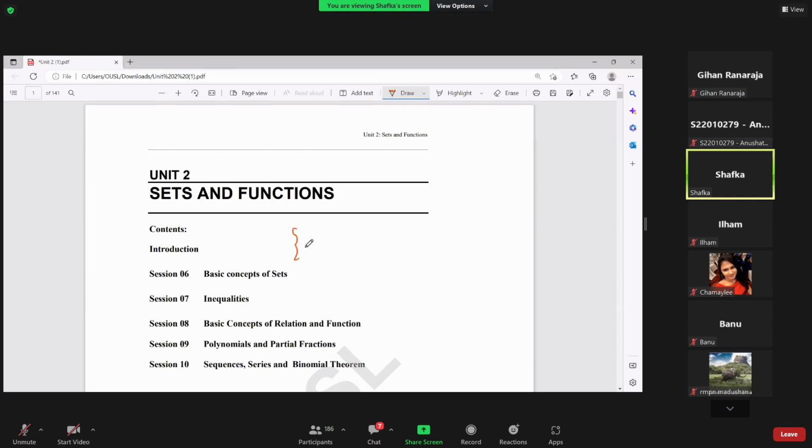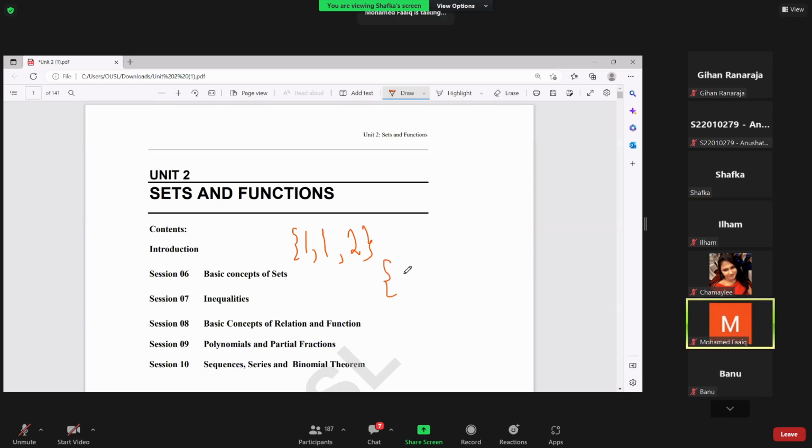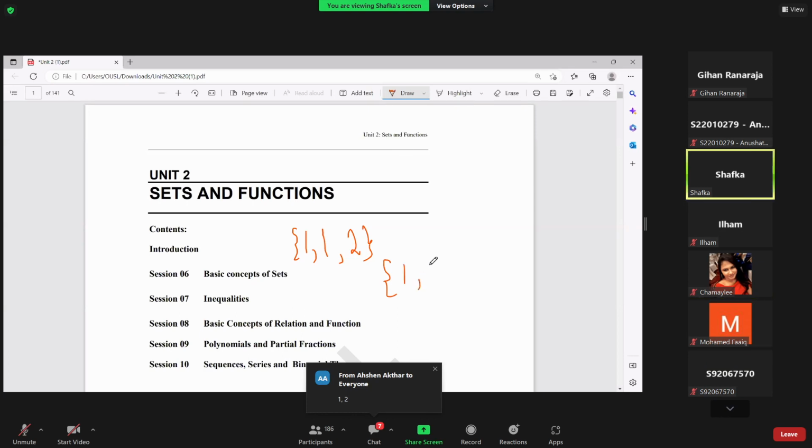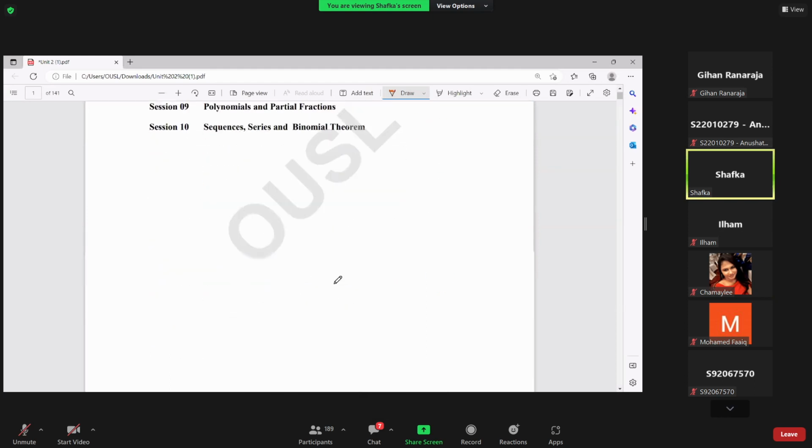Okay, if we have 1, 1, 2, what is the set? If these are the elements, what is the set? No. No. 1 and 2. Don't repeat the same element again and again. Okay. So